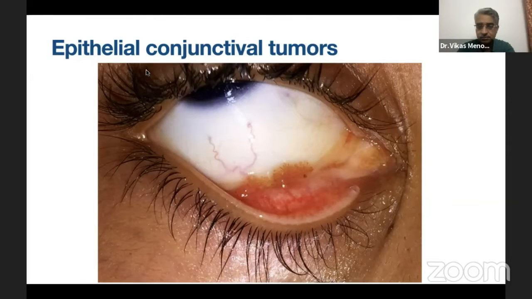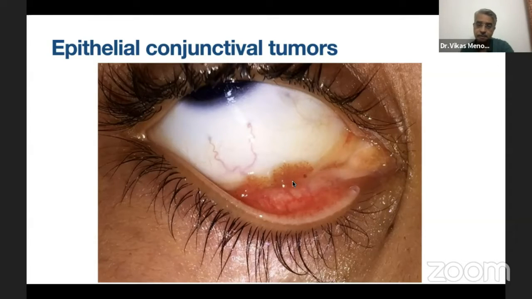So if you excise them, there are chances that they can recur. So while excising them, you have to be careful that you also cryo the adjacent areas and practice a no-touch technique whereby you don't hold these lesions directly with your forceps. Otherwise, you may end up seeding the rest of the conjunctiva with what is called HPV, which has been found to be the culprit behind these lesions. And these patients in such situations may have more recurrences. So cryotherapy as an adjunct is helpful.